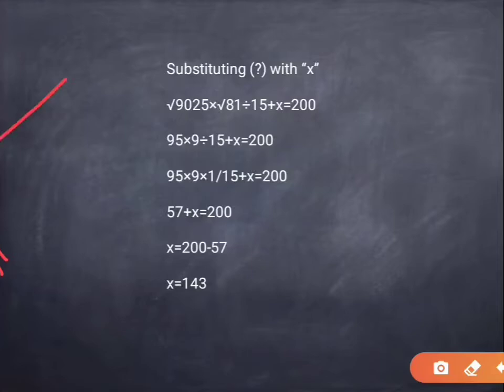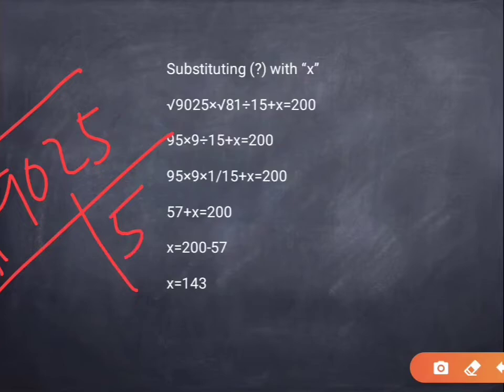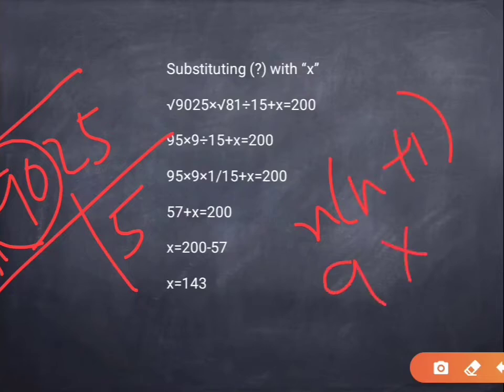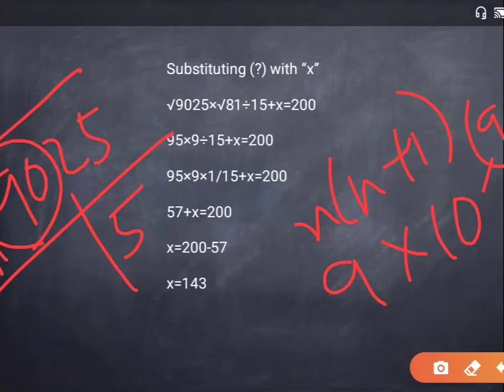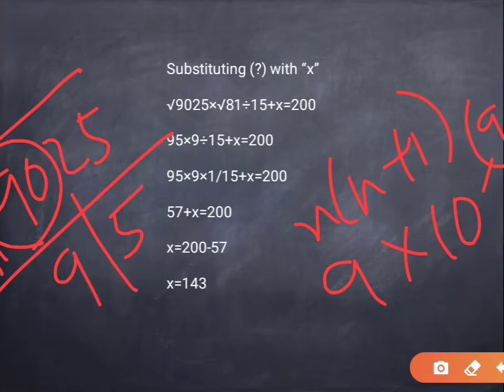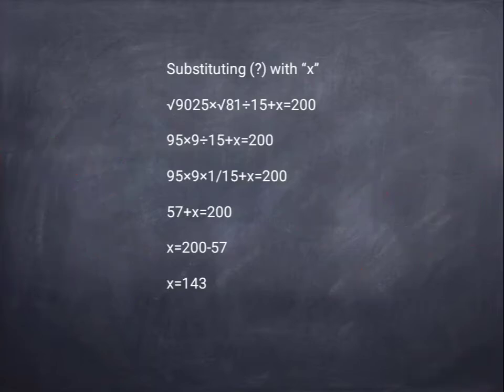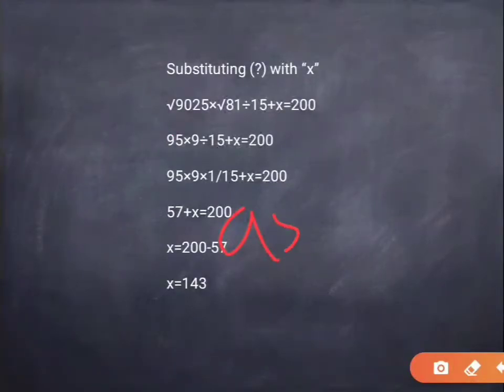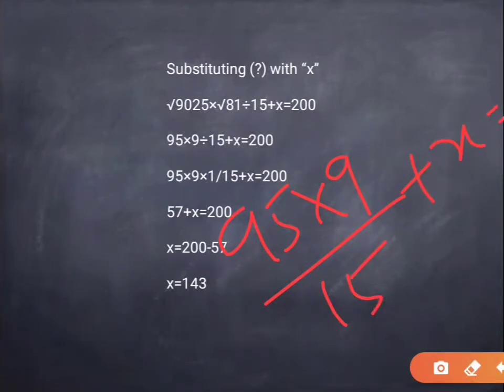As I said before, write 5 here. Now if 90 is in the format n into n plus 1, yes, because it is 9 into 10, that is 9 plus 1. Therefore write 9 here, lower value here. So we get square root of 9025 as 95. Now what is square root of 81? It is 9, and hence the calculation becomes 95 into 9 divided by 15 plus x is equal to 200,